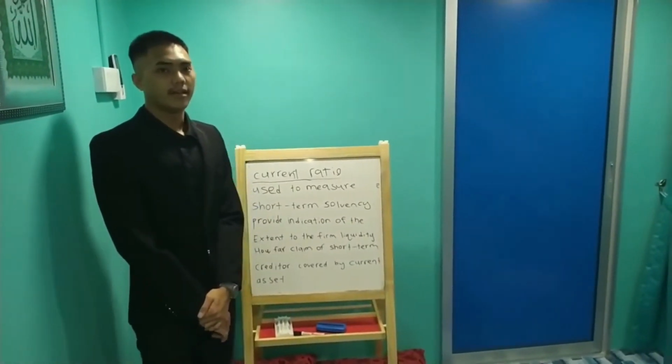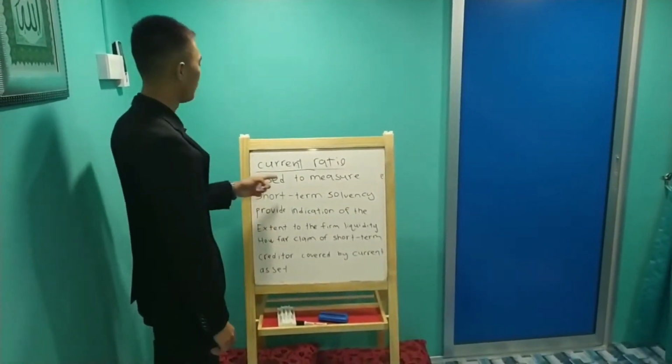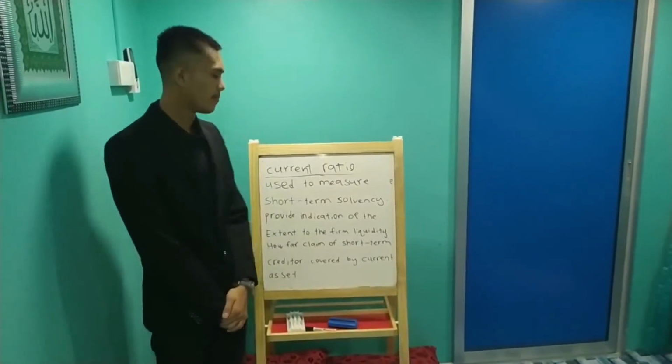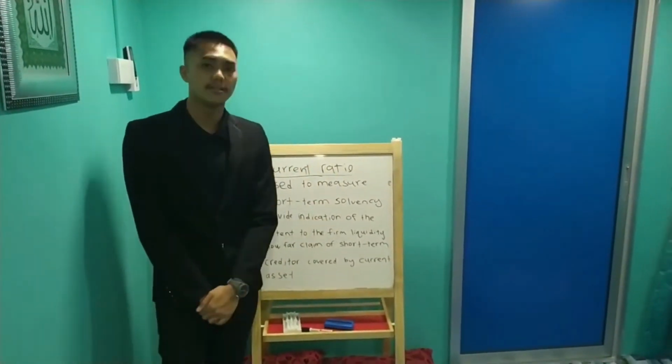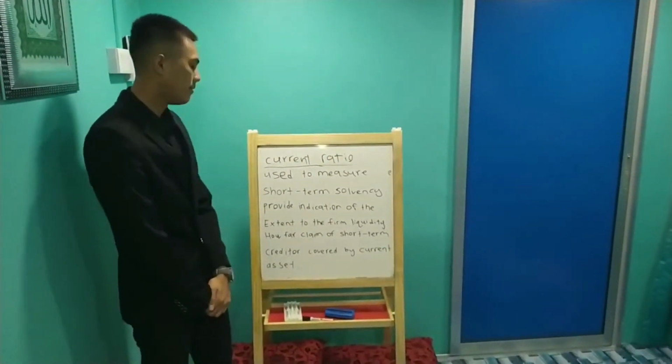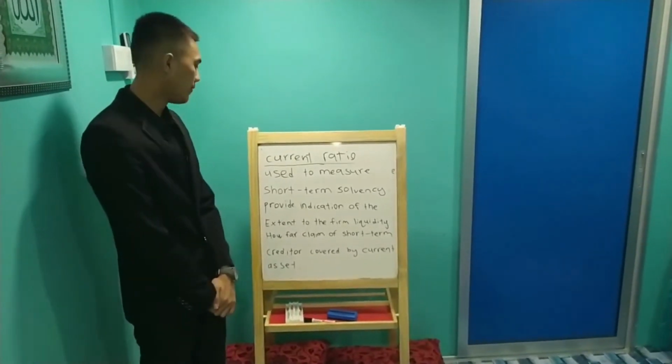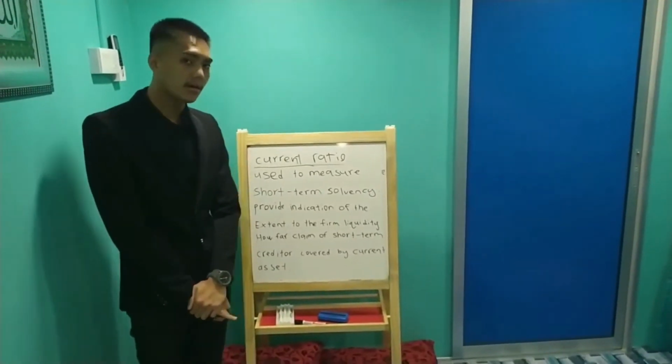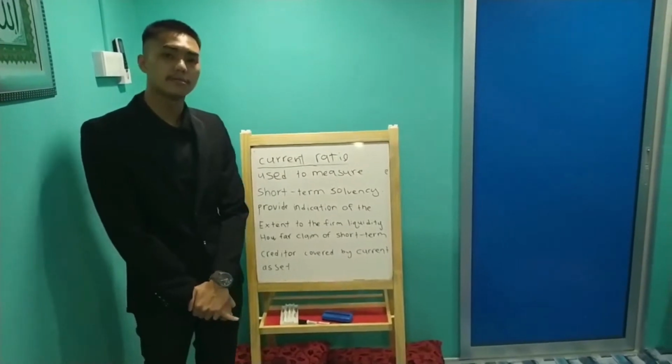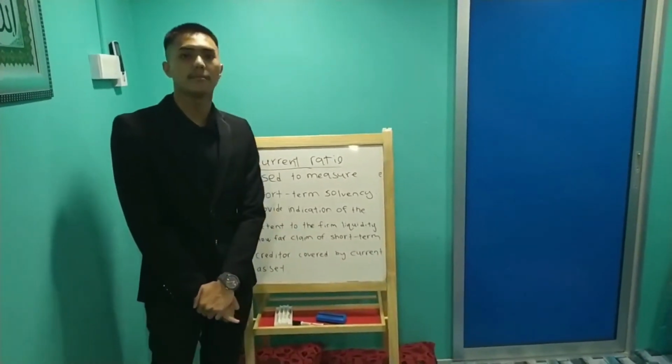Liquidity ratio can be divided into two. The first one is the current ratio. The second one is the quick ratio. The current ratio is used to measure short-term solvency. It provides an indication of the extent of the firm's liquidity, how far the claims of short-term creditors are covered by current